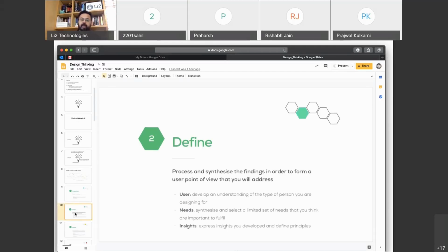That is not the point. What we need to understand is who's the user, what are their needs, and what is the insight we have. These are the three things. The insight that they had when they started Flipkart was that India as a market is ready, and we can focus on them and do another Amazon here. Or when Ola wanted to do it, they said India as a market is ready